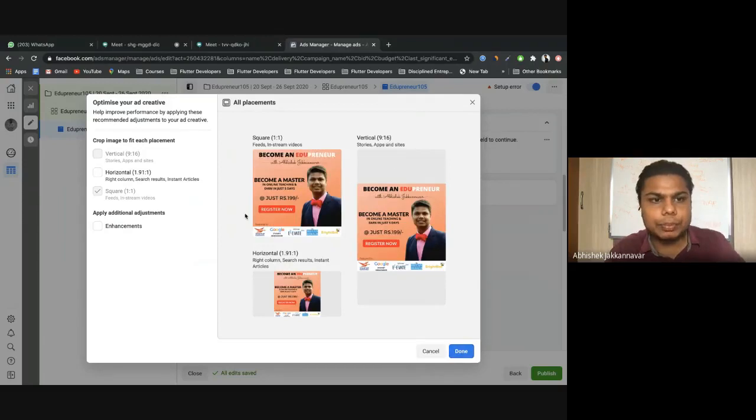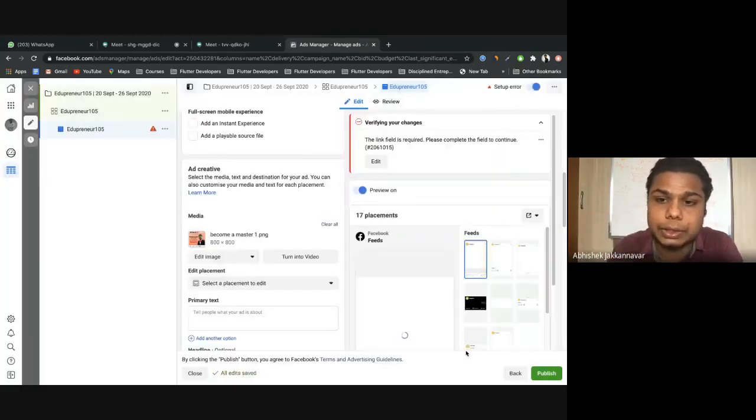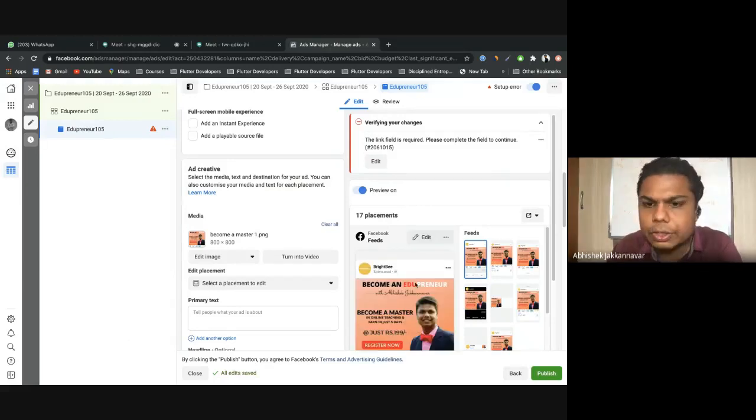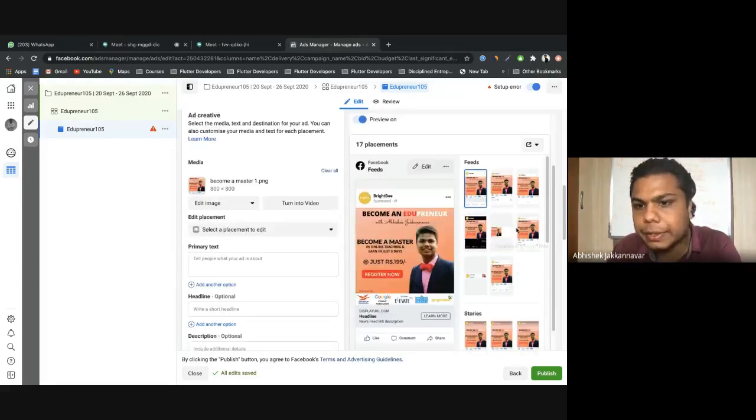See, this is showing me the preview, and I say done. So now you can see why you chose that 800 by 800, because it fits perfectly on the mobile screen and on your desktop screen also. All those things were already set up in the earlier classes, and it looks perfect, a perfect fit into the frames. We are done with this.